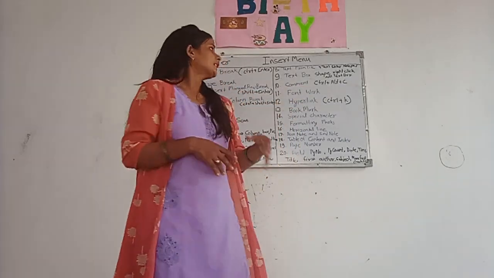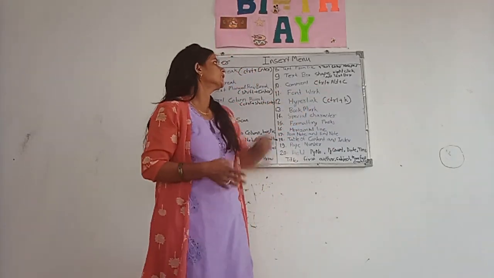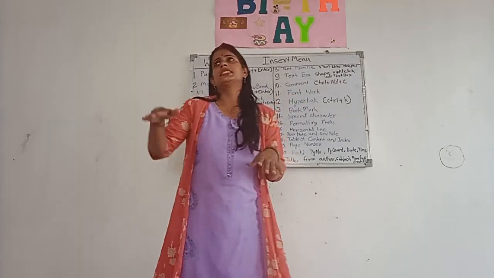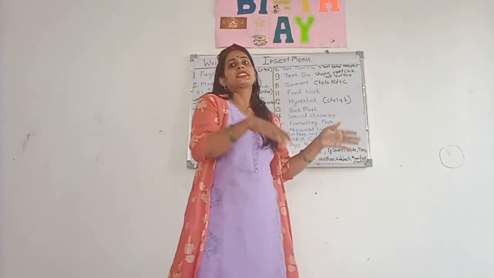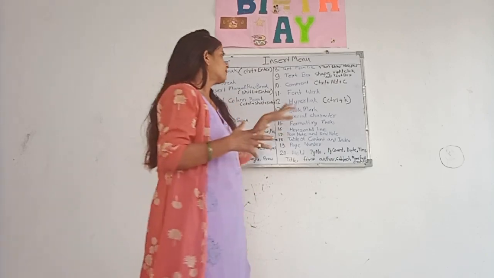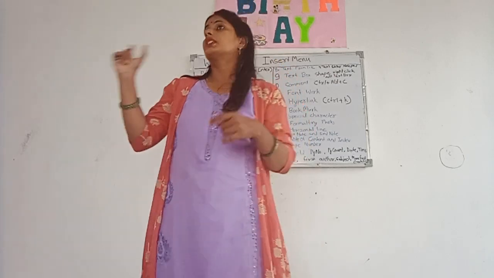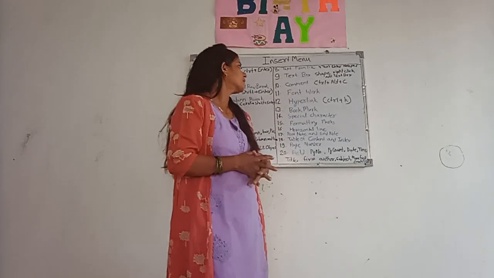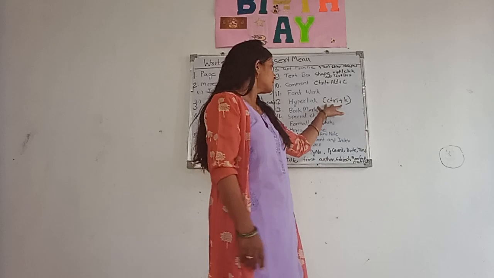If we want to enter any comment, then we can enter it. The shortcut command of this is Control plus Alt plus C. Font color keys: in this, there is a shadow or something on the right side, or the left side, or at the back. They are known as font color. In MS Office they are known as word design, and in LibreOffice Writer the name of this is font color. Hyperlink, the shortcut command of this is Control plus K.